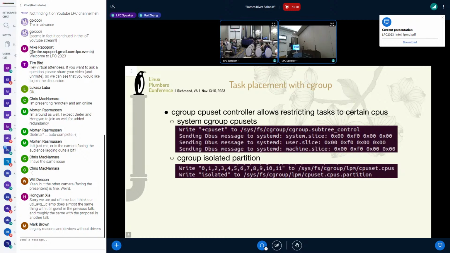The second solution is to create a cgroup isolated partition and isolate the CPUs that should stay idle in low power mode. In our experiments, the cgroup isolated partition is the better choice because the other CPUs are more quiescent with no kernel threads running. But still, there are some challenges.